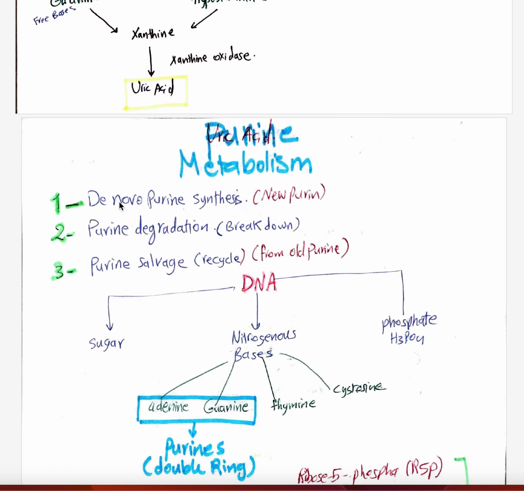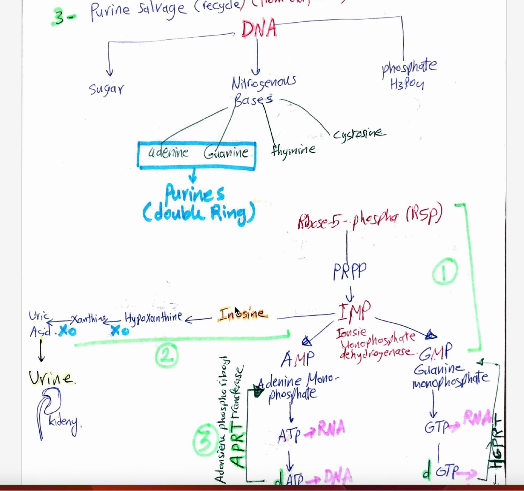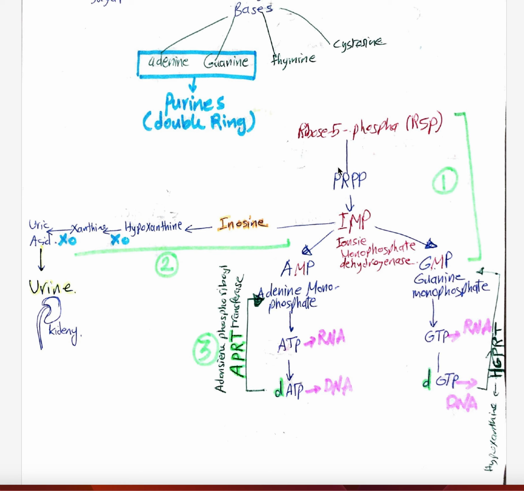Purine metabolism: de novo purine synthesis, that means a new synthesis of the purine; purine degradation, breakdown; and purine salvage, that means formation from the old purine. We discussed the DNA to understand where the purine comes from. Again, I will discuss that also: we have ribose 5-phosphate, and then by the help of the